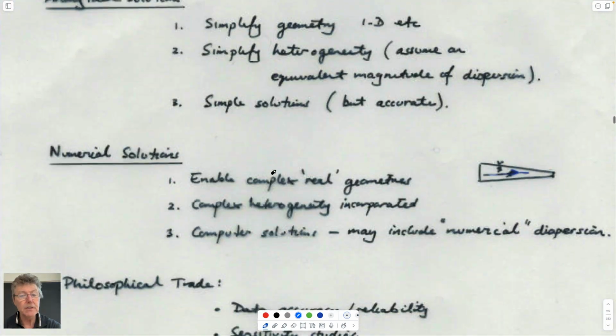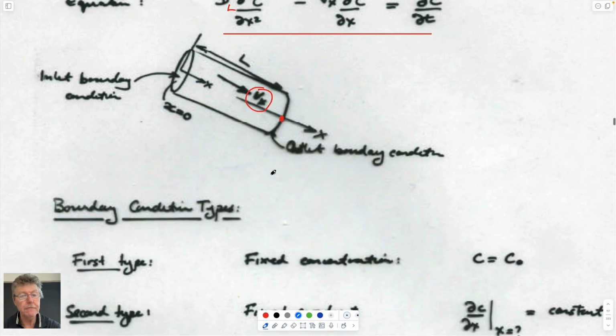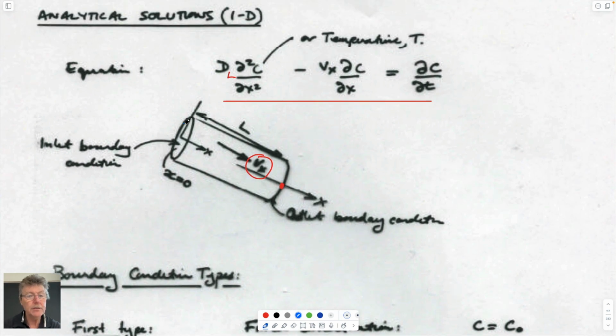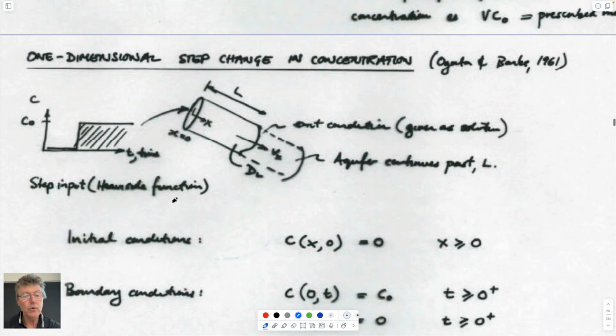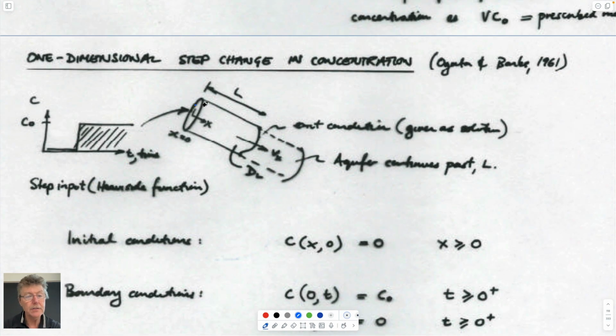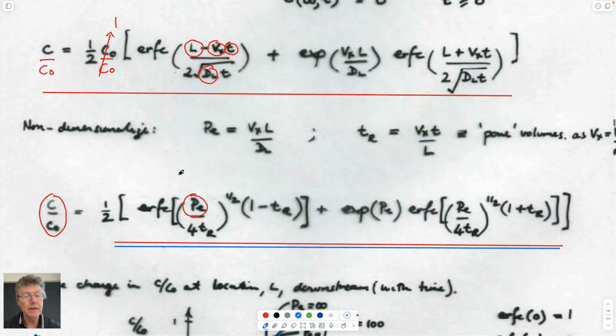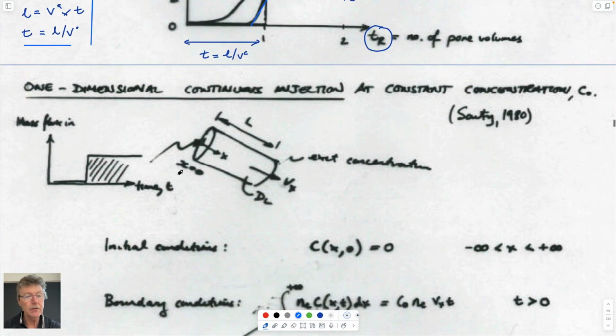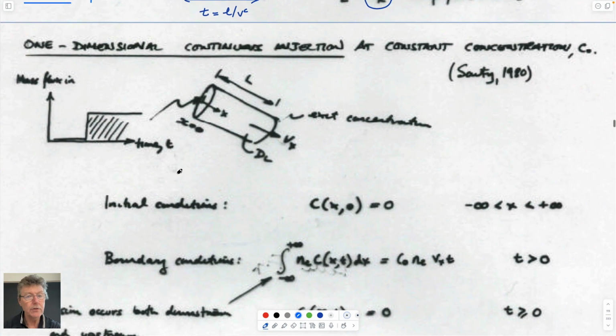So the first boundary condition is where on the upstream face you put a concentration at time 0 and you hold that concentration constant. The second one is where you inject a volume of water containing that concentration at time 0 and you keep on injecting it at that upstream face. And the third one is where you have,